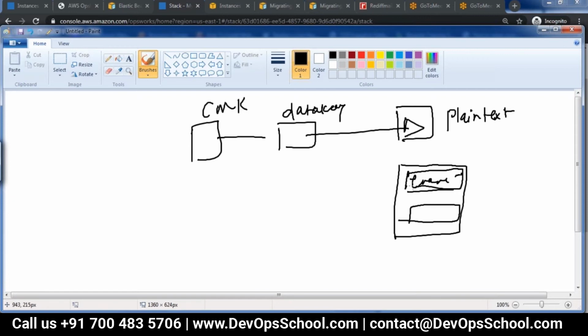When you want to decrypt it, the key management service will take this encrypted key and give you the plain data key, and from the plain data key you can decrypt the encrypted version of the plain text, and then you get back the plain text.